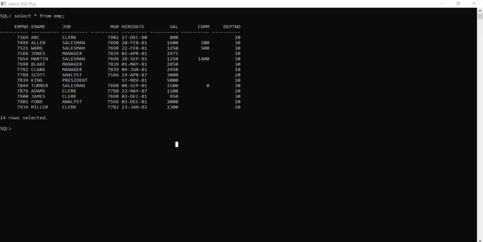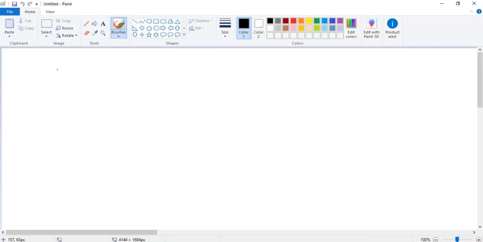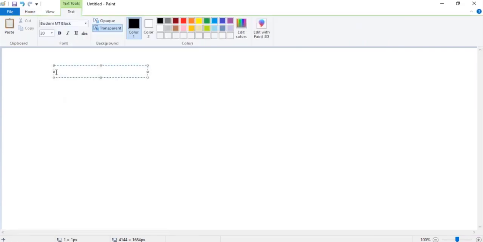So now we have operators. Operators are used for calculation purposes from the database. We are fetching the data from the table, and we will do some calculation and display the data in an instance. This is called an instance, by which we are going to see. We have so many operators, like arithmetic operators.